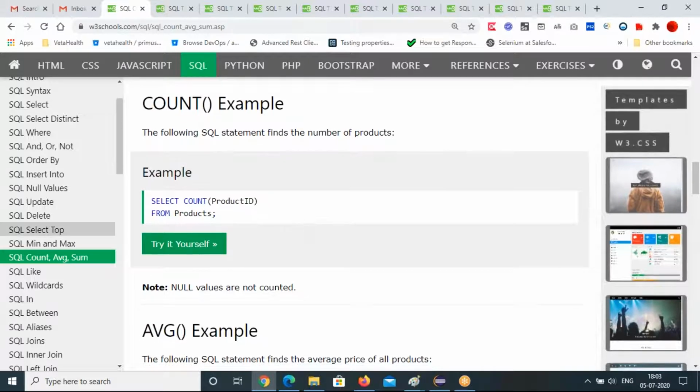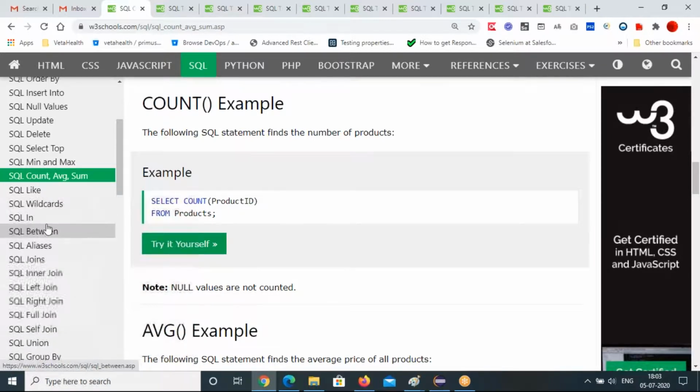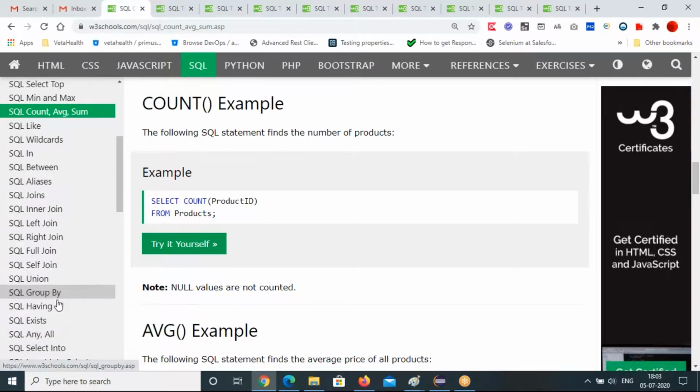Okay, so these are the main things: minimum, maximum, count, average, sum. Any questions here before stopping? Next week I'll explain other things. Next we'll cover insert into, update, delete. Then we'll go before joins. Next week maybe we still have union, group by, having. This is important. Joins is the most important from the interview point of view. I'll try to cover a few more next week, but please go through this and then come back.